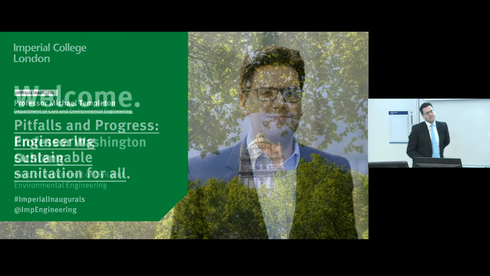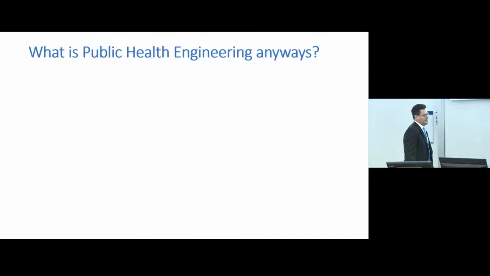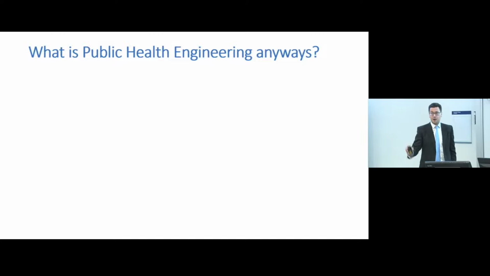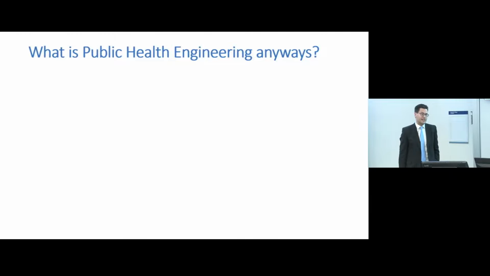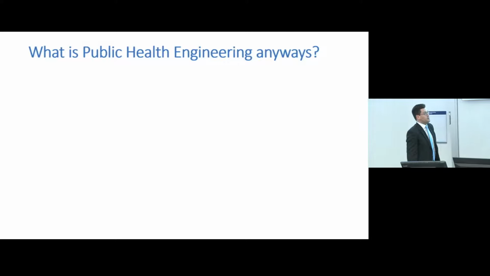So as Washington said, the title I chose for my professorship was Professor of Public Health Engineering, and you might say, well, what does that mean anyways? It's actually quite an old field of engineering. We've been teaching public health engineering in the Department of Civil Engineering at Imperial for over 70 years, I think now. And our current master's program in environmental engineering is what that evolved into eventually. I chose that because a lot of the research that I do is directly with health and protection of public health as an outcome in mind.